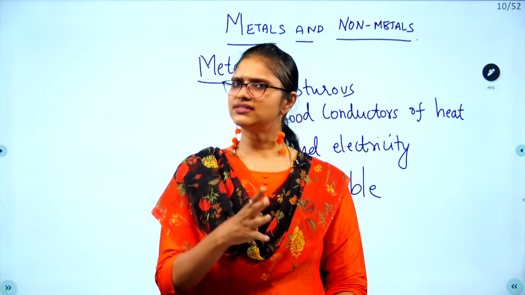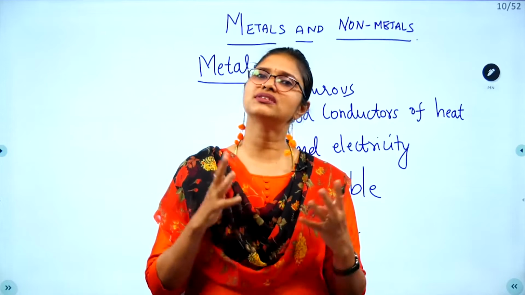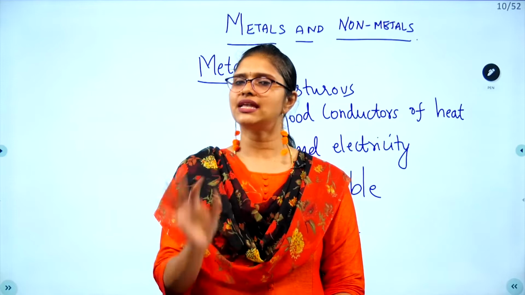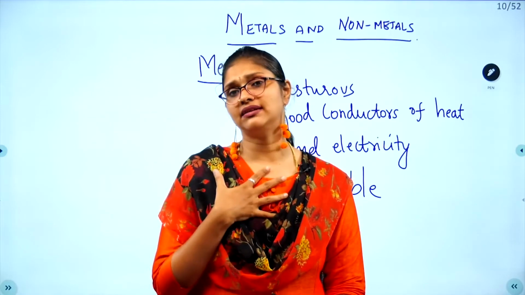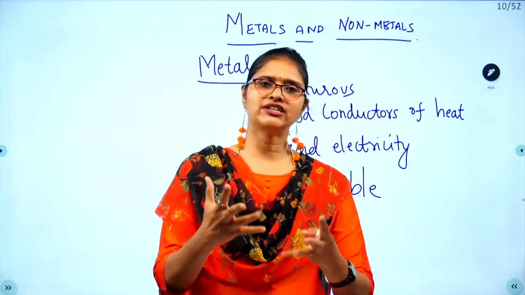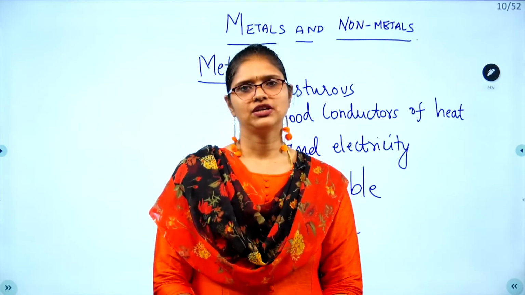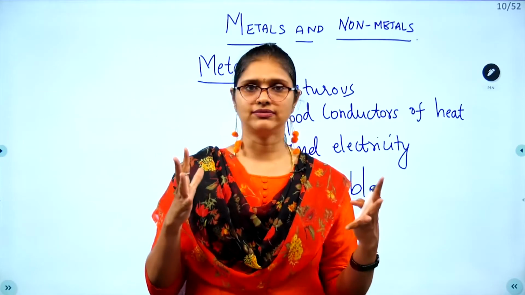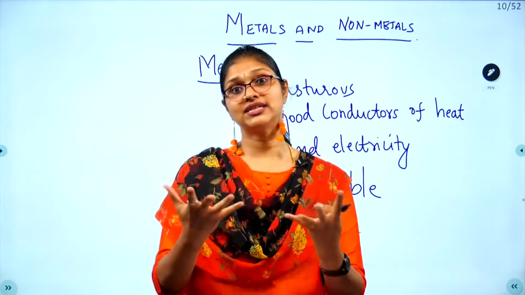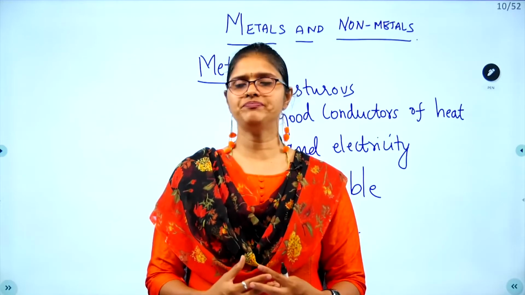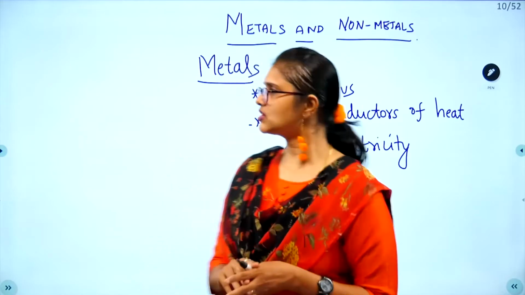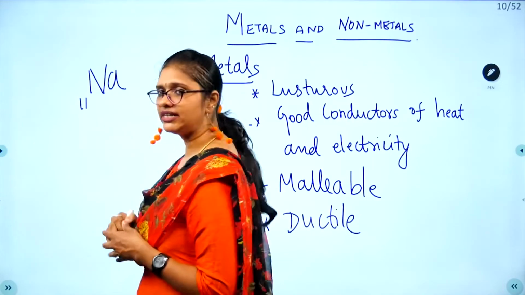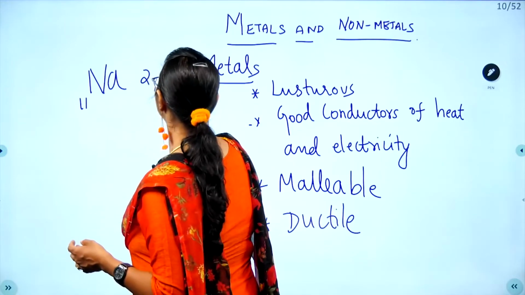Now what is the proper definition for metal? What is metal? The metals generally lose electrons. The metal has the tendency to lose electrons, donate electrons, give electrons. That's why we say the valency for metals is always positive. Why are they positive? Because they donate electrons. So sodium has atomic number 11. What is the configuration for sodium? 11, right? What is the configuration? 2, 8, 1.